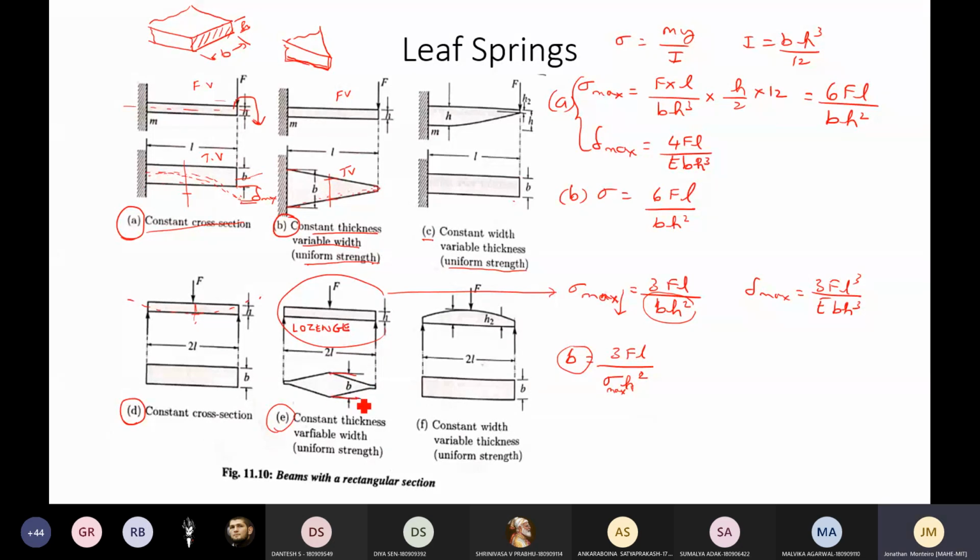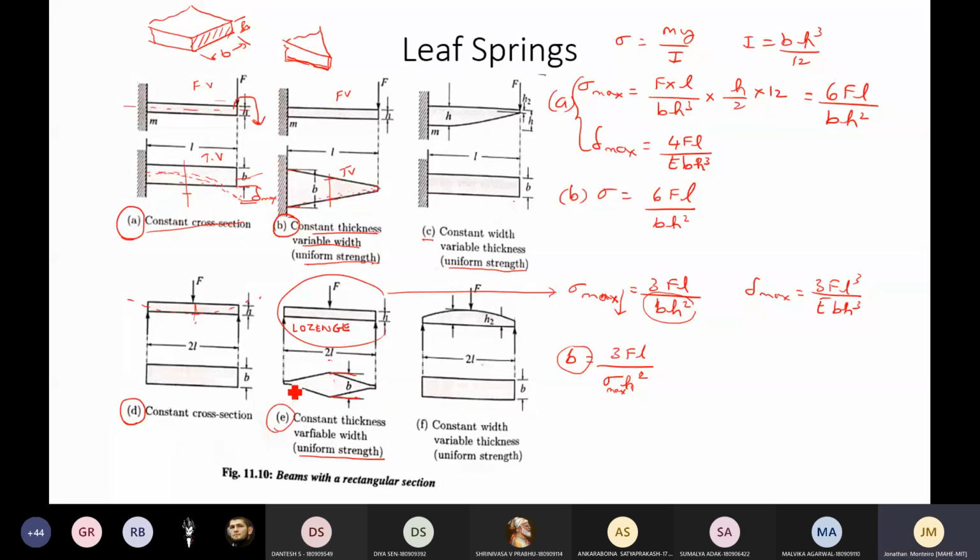B is one big dimension. In order to have a uniform strength, the condition is that B should become considerably large. There is one more variation also, you can vary H, but that is going to be more complicated. The simplest way we can adjust this is using a B with quite large dimensions.